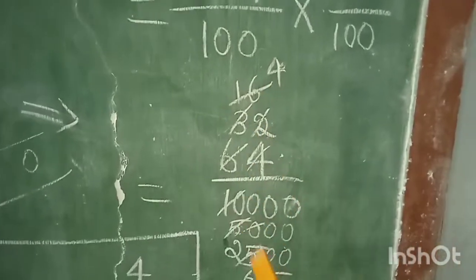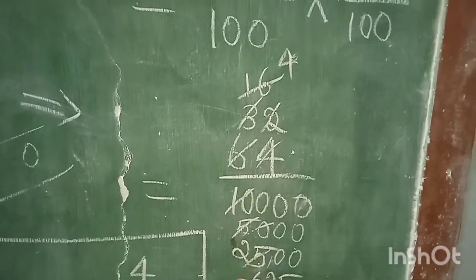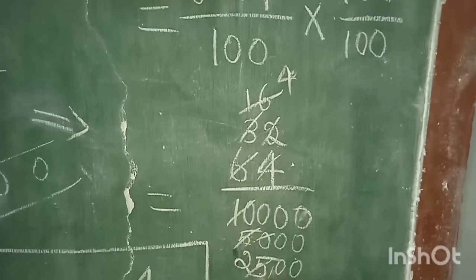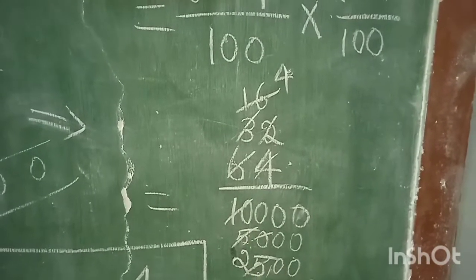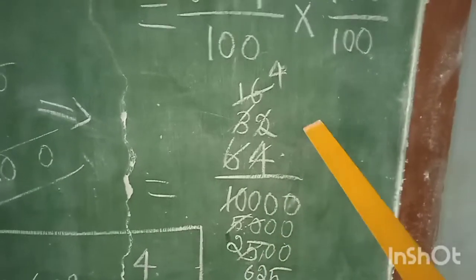Okay, 16. So here also we are going to cut with 2. So 2 2s are 4. 1 is pending. So 10 means 5 2s are 10. So remaining 2 zeros. After that again we have the common multiple